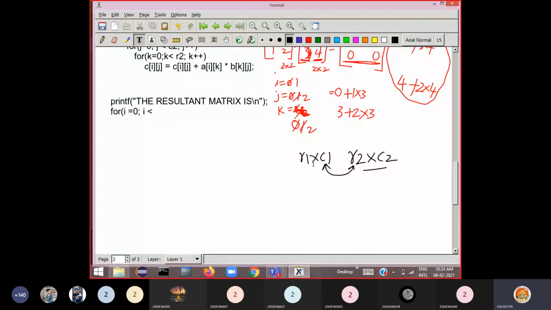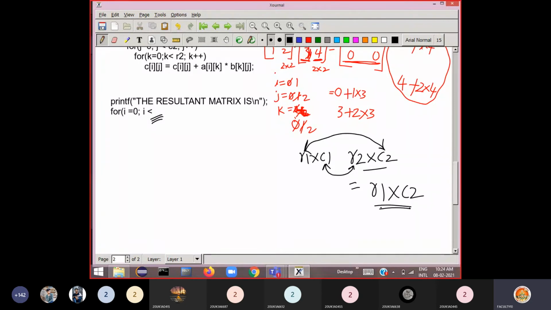Now, if R1 C1 is the order of the first matrix and R2 C2 is the order of the second matrix, what is the order of the resultant matrix here? The order of the resultant matrix is this one. That means the resultant matrix will have R1 rows and C2 columns.